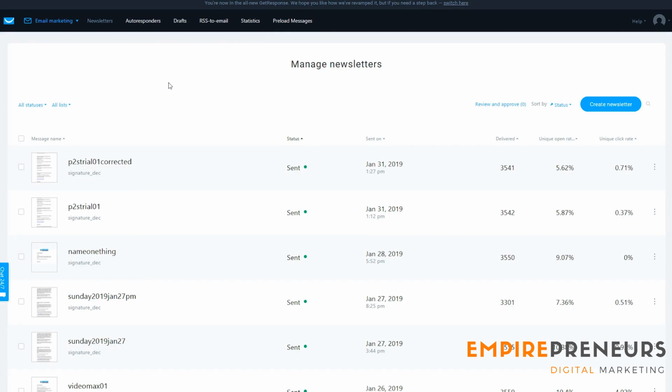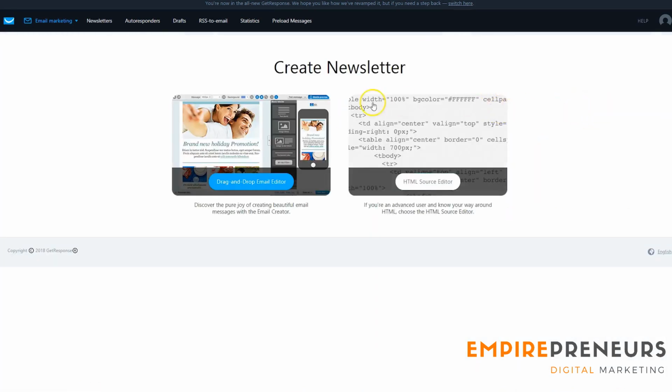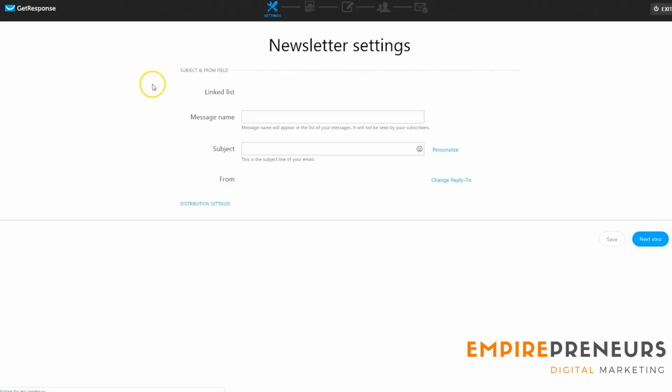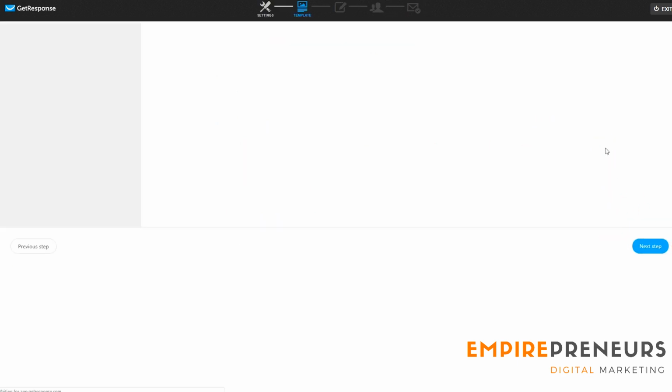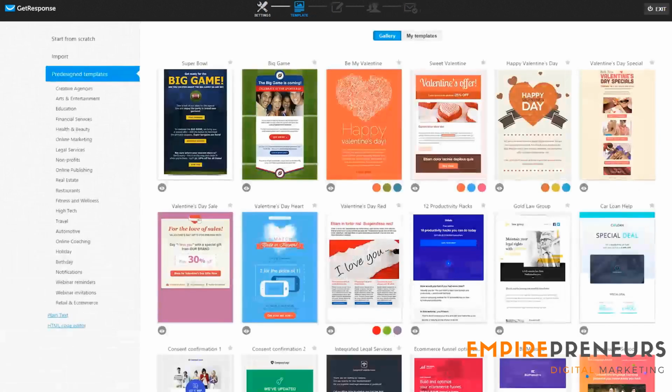So first, let's go over newsletters. If you wanted to create a newsletter, you would do that once again in real time. You could use your drag and drop email editor. There is an HTML option if you are sort of a coder and you know what you're doing in that area. However, it's recommended that you just use the drag and drop builder, and pretty much every autoresponder platform out there